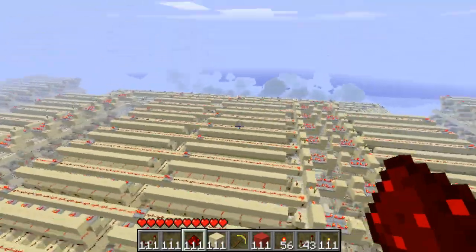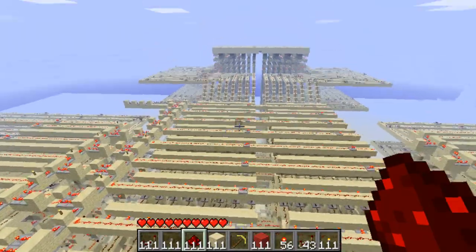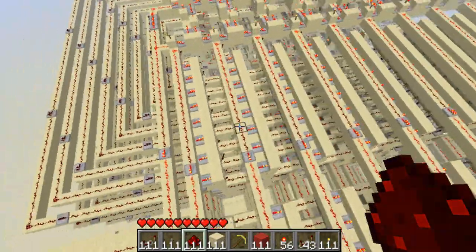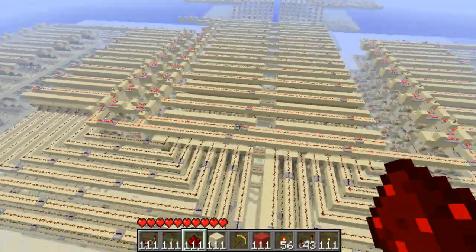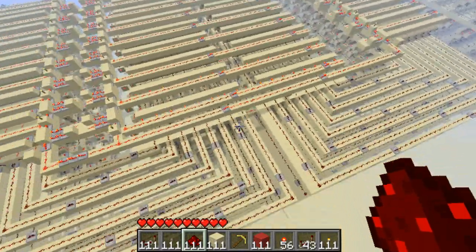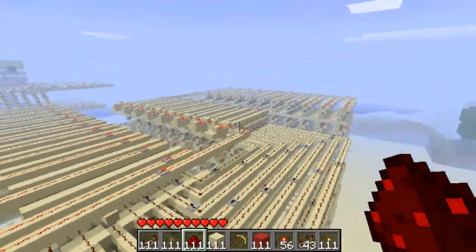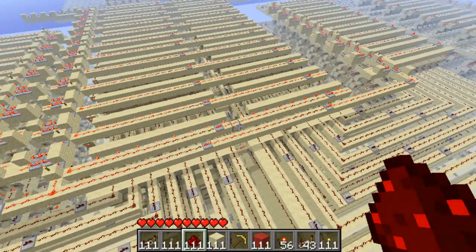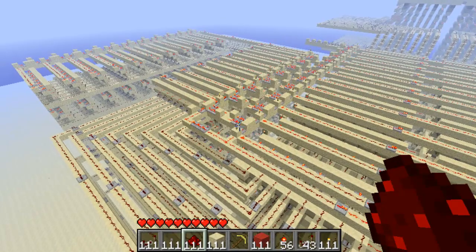Now, this is all just repeated over and over again, and if you look here, this is the left side of the screen and this is the right side of the screen. Initially these are all joined up to the same timing, and then to make it a bit more compact and symmetrical, I branched off the left side over here and the right side over there, and then they go off into their own separate timings. But I think I managed to get it so they're about the same time, but you can't really notice it